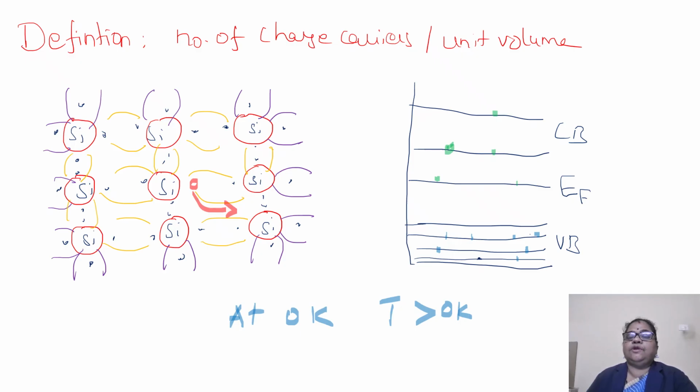First we need to see the number of electrons in the conduction band as the temperature increases from 0 to 1. Because of the increasing free electrons in the conduction band, an equal number of holes is created in the valence band. On that basis we can derive the intrinsic carrier concentration.